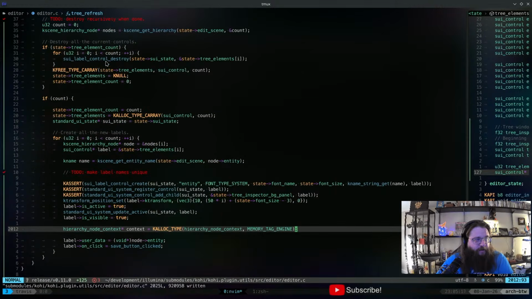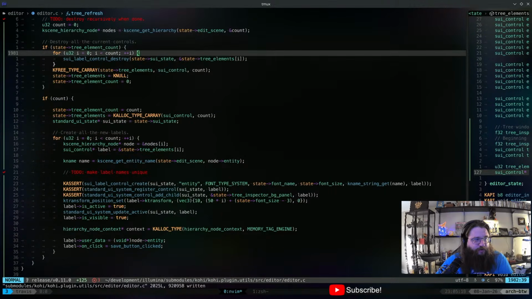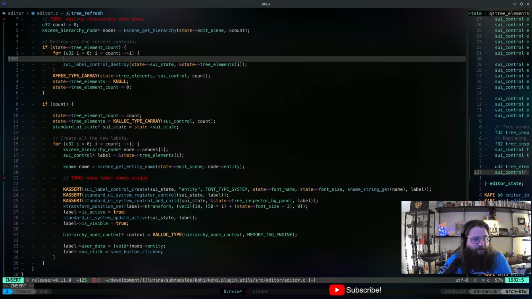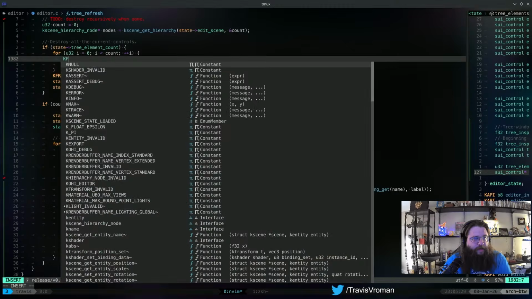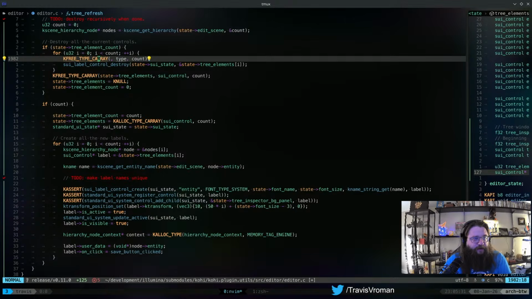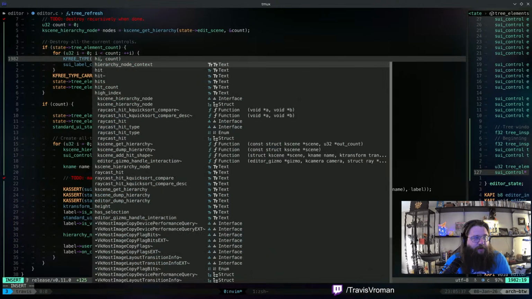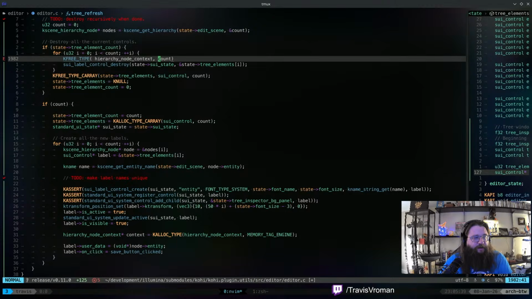Right, and when we destroy the current controls, we're also going to have to do k-free type. Oops, not C-array, just type. So the type is going to be hierarchy node context, and the count is going to be, wow, there is no count, actually.